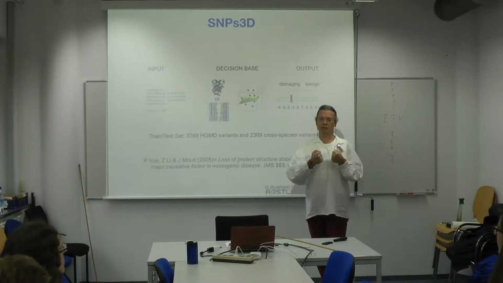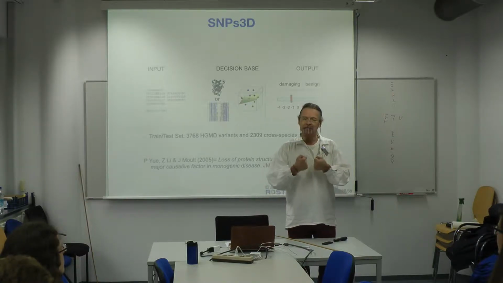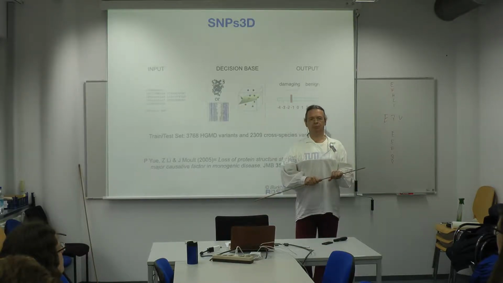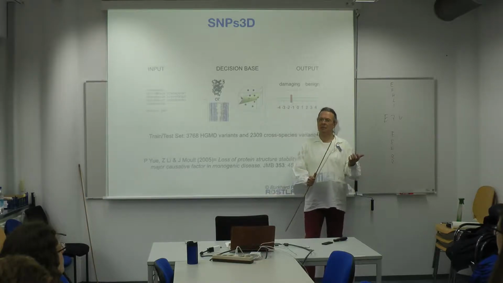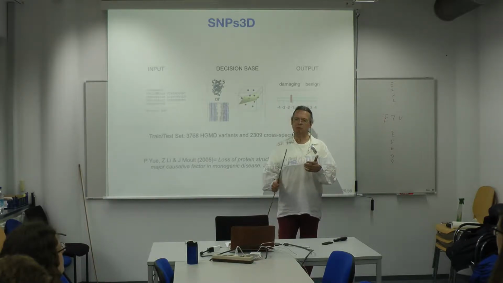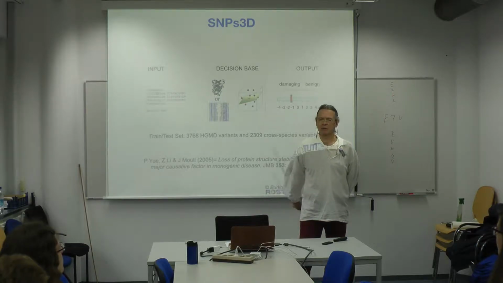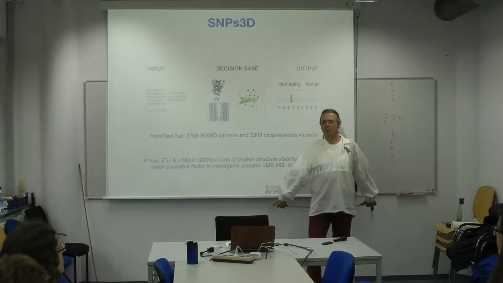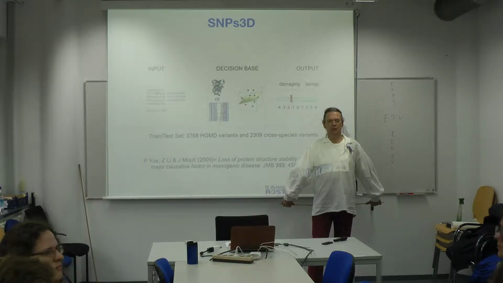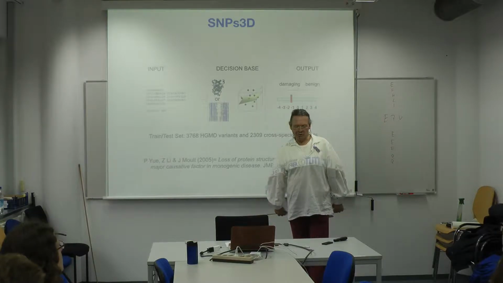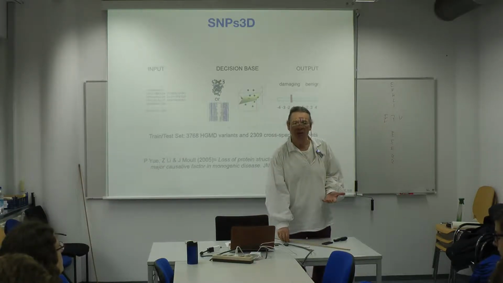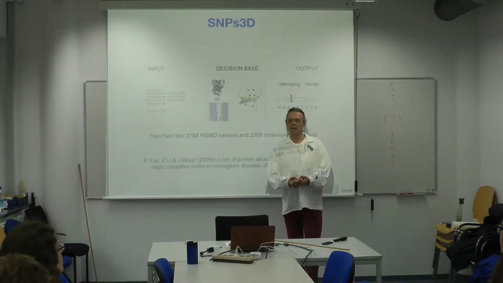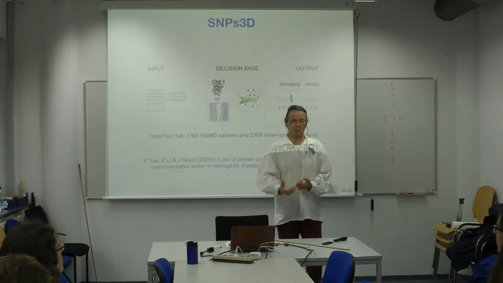Now you put in variants, and you have a set of variants that mess up this binding. You happen to have a solvent accessibility prediction. For some that mess up the interaction between these two, they're inside, and we would argue that they mess up structure in some way. And for some they mess up binding and they're on the outside. What do you believe they do? They are probably on the binding site. Exactly, Navi. That's exactly the point. So the underlying model is when you mess up on the inside, you mess up the structure, and the thing does not bind, not because the binding site is affected, but because simply it doesn't bind.